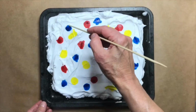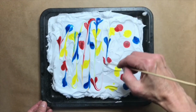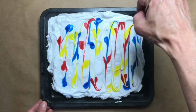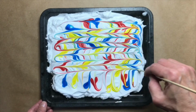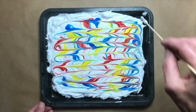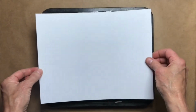So now you're going to take your skewer, and what you're going to do is gently make some lines through the food coloring, up and down and up and down, and then side to side. And you can go even further if you want, diagonal, add more food coloring at this point, anything. It always looks amazing. So once you're done that, you're going to take your paper and gently place it on